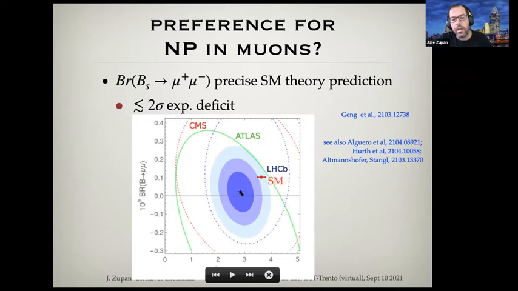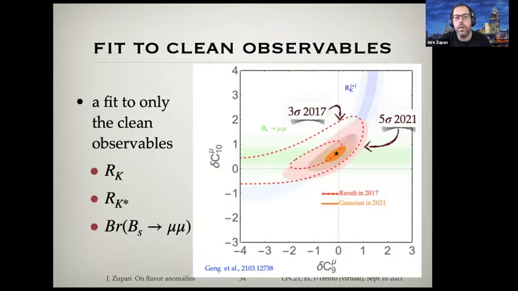You see that the global combination is about 2 sigma away from the standard model. And this prefers B sub s to mu mu, telling us that most likely, if this is new physics, it has to do with the muons. All right, so assuming that this is true, that we have couplings to muons, a fit to clean observables will give